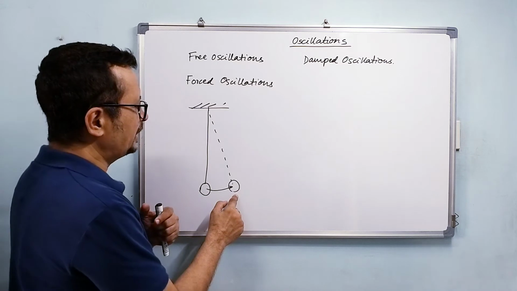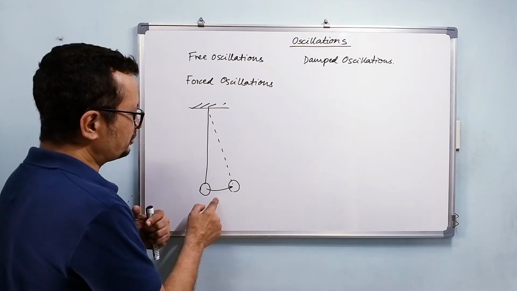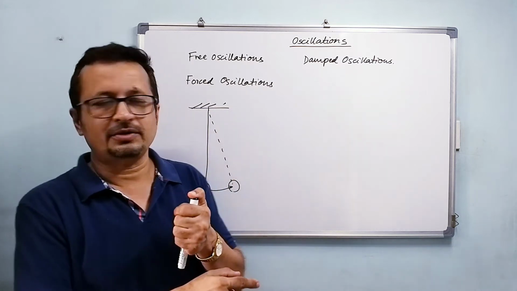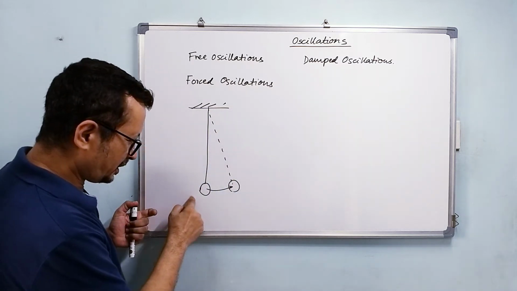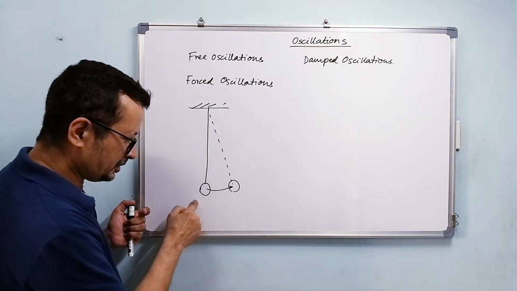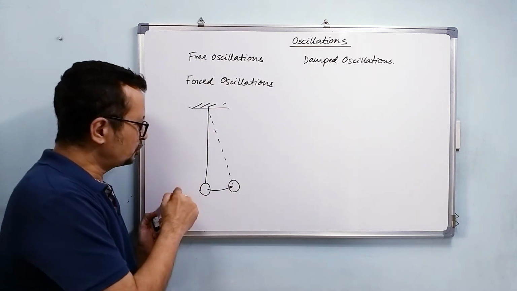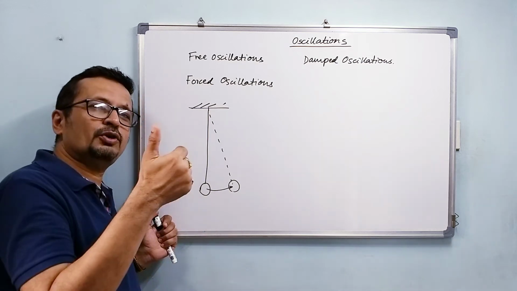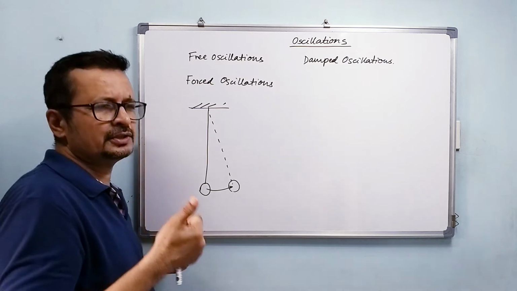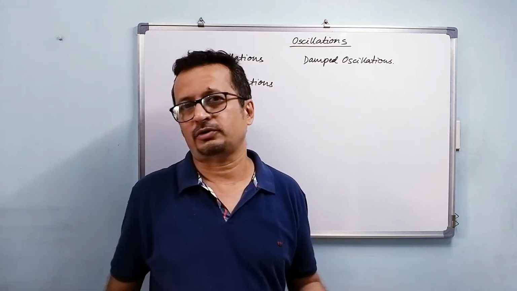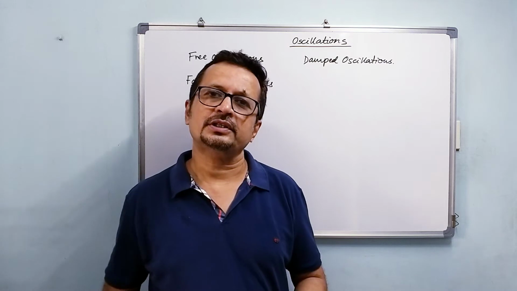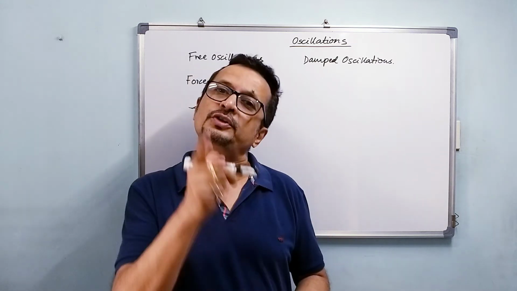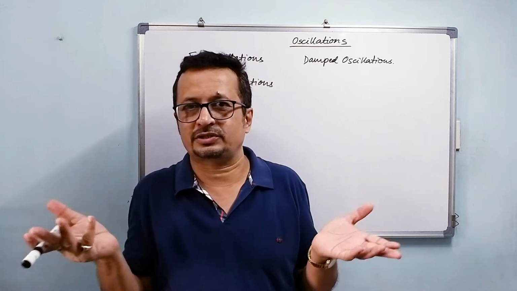I allow it to reach this position, and then at that point I will turn it on. From here it comes to here and again here. So that is my one oscillation. So A, O, B, O, A is one oscillation, and like that I will measure the time taken for maybe 10 or 20 oscillations. For 20 oscillations, let us suppose it takes about 16 seconds, then 16 upon 20 is the time taken for one oscillation, isn't it?